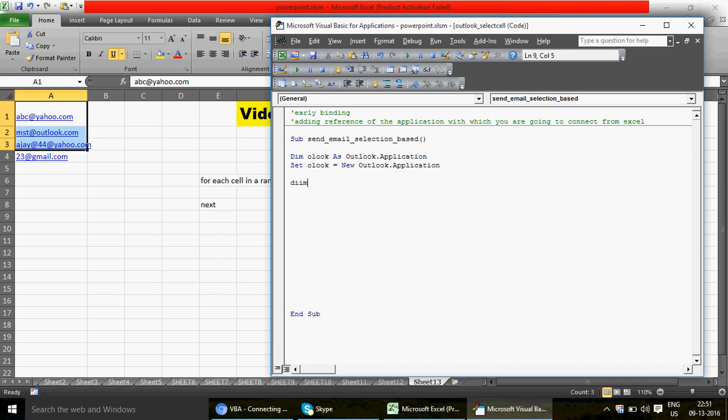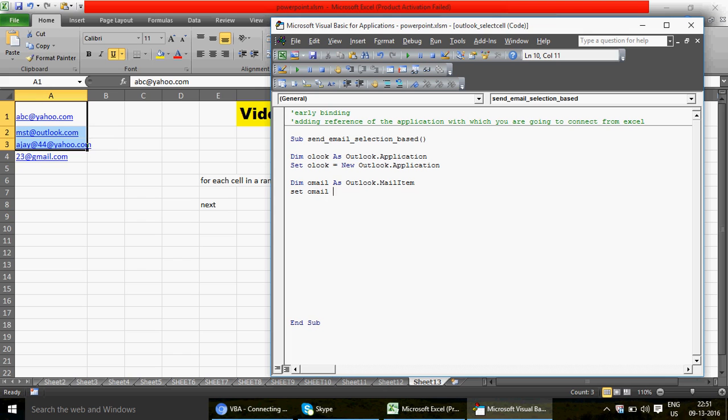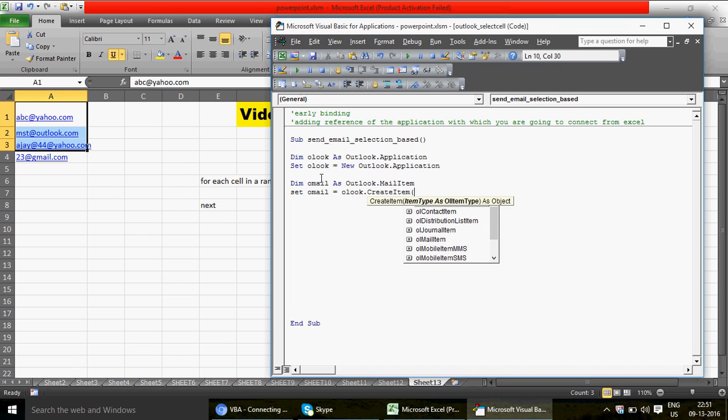So for that, I'm going to use Dim oMail As Outlook.MailItem. Set oMail equals to new Outlook.MailItem. I beg your pardon, it's gonna be OL, which is your Outlook application, CreateItem, and then you're going to create the email, which is olMailItem. Okay, now the next thing you want to do is we're going to actually run this loop for